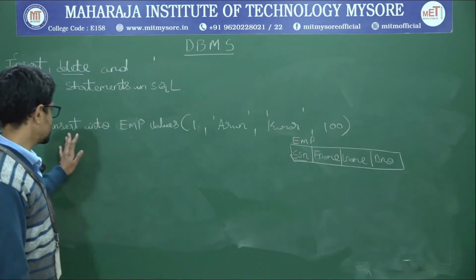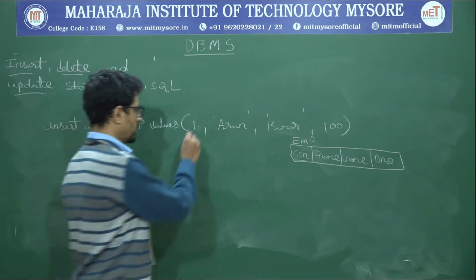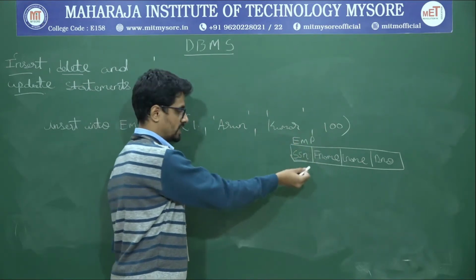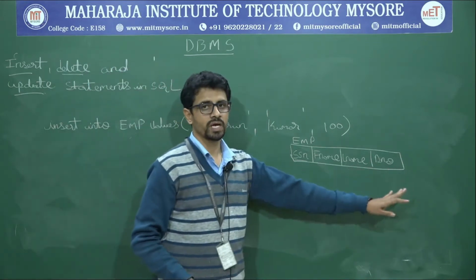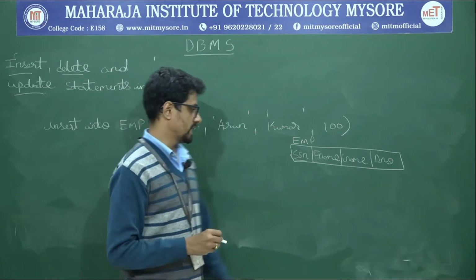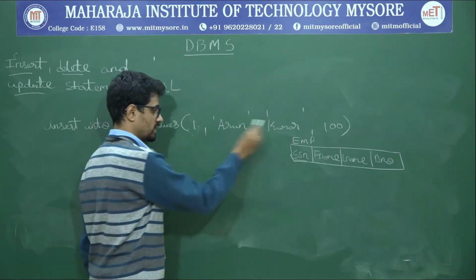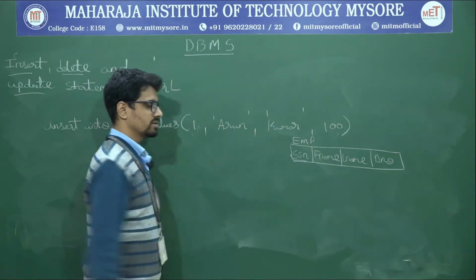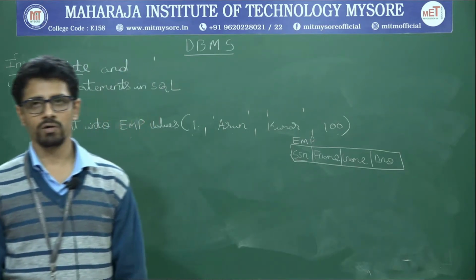Now, when you talk about the insert command, INSERT INTO employee, the number of attributes should match the number of values you are giving. The number of values should match the number of attributes present in the employee table. There are 4 attributes, and the order also matters. You need to start with the SSN, then first name, then last name, then the department number.